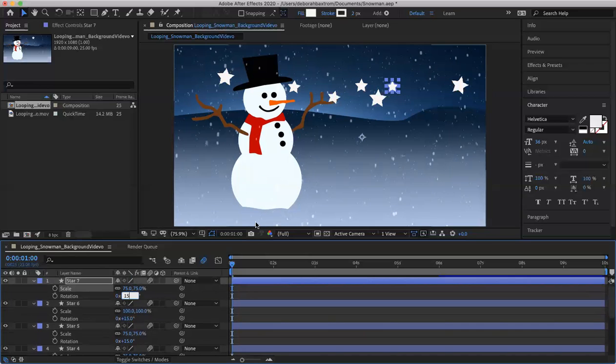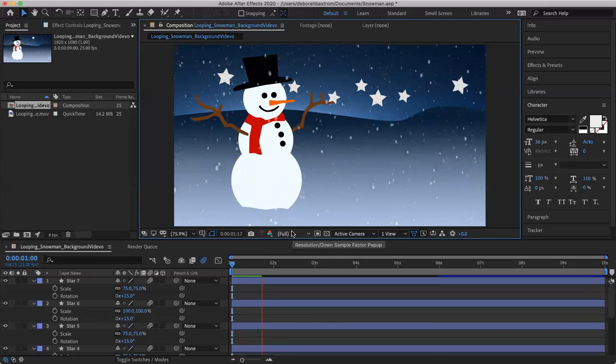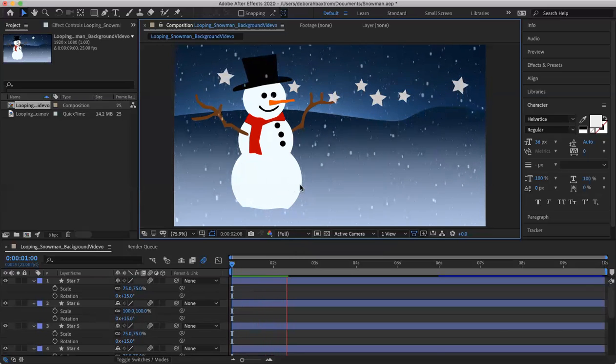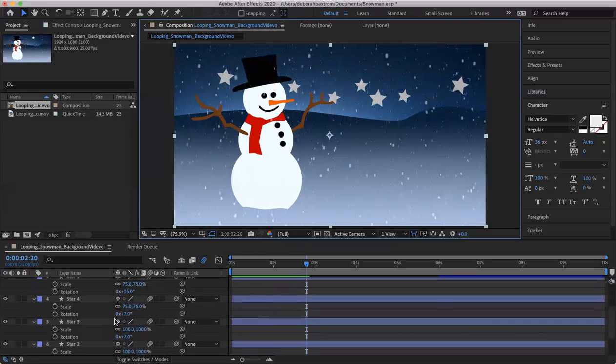So now you see our stars have moved about in the sky. And what we want to do now, we could preview this. Let's preview it first. You can see how they shimmer a little bit, and the snowman is blinking and the snow is falling, and this is quite nice. So what we want to do next is, because this is quite messy here and hard